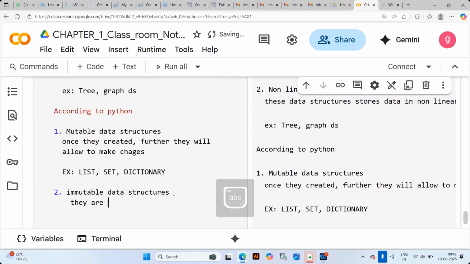Coming to the immutable data structures, once created, they become read-only.